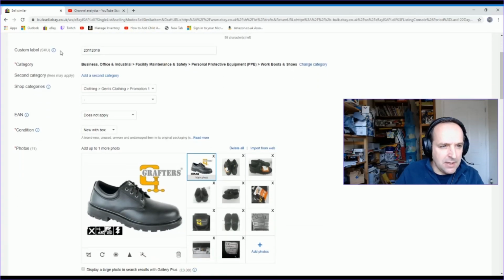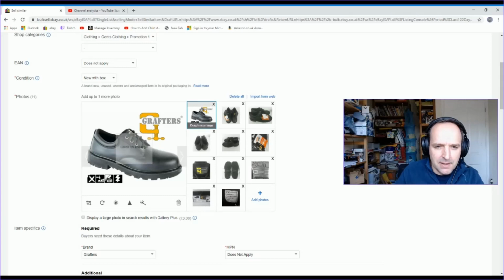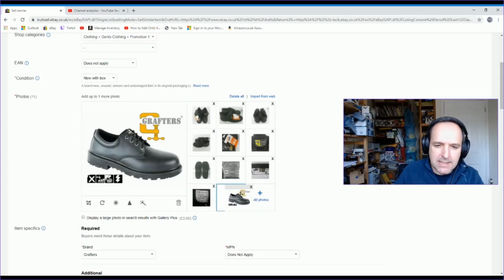So here I've got my custom label, which is the date it originally went on. I'll leave that as is, and my shop category is just in gents clothing, and promotion 1 means it's going to go in a 10% sale every month. The photos, I'd change your main photo. It's another thing. It's a tip I've picked up from doing a Google about how to increase